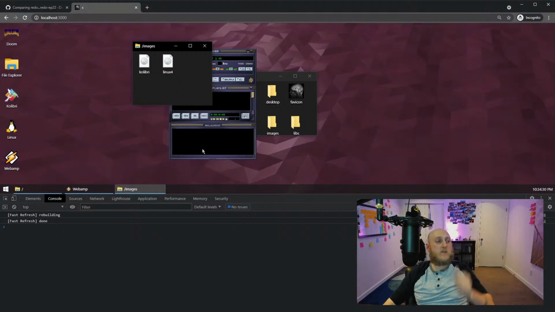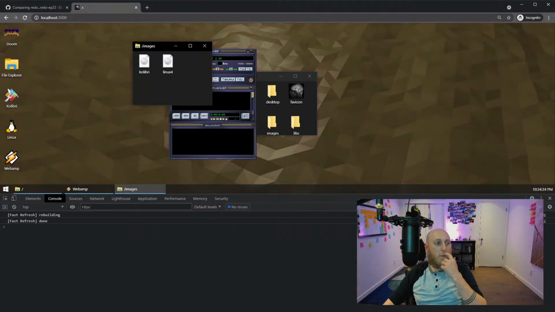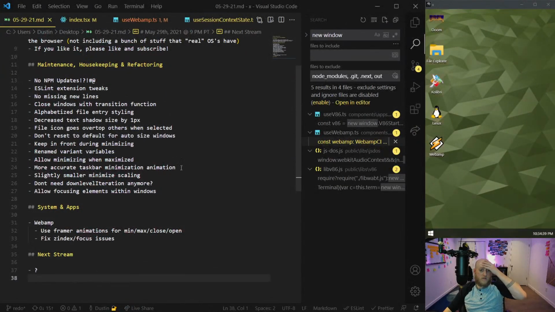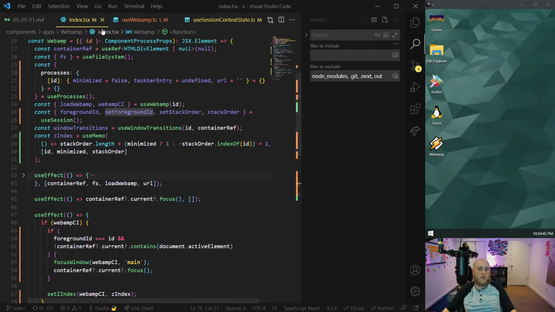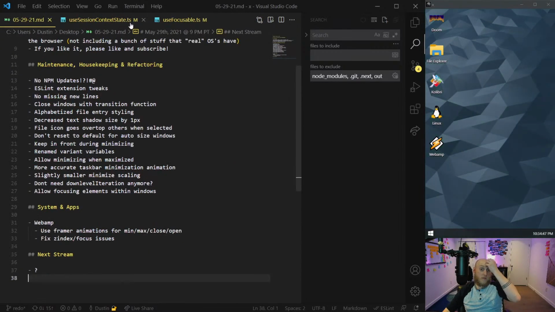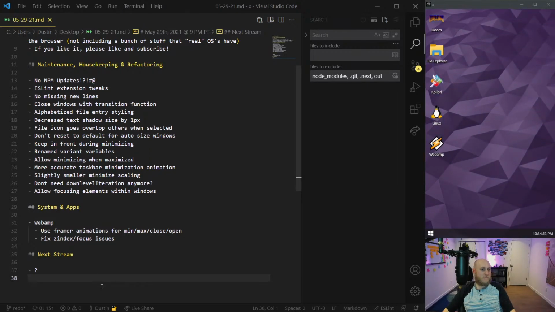Yeah, there's definitely some weirdness with onload z-index for Webamp. I'll make a note of it for next show. I've actually already got a note of it, so I'm not even going to make another note of it. That's just repetitive. I've got so many notes. I mean, look at them all there, and that's not even the ones that I have digitally. But sometimes I don't decide to make them into to-dos, so I haven't completely decided yet if I will for those.